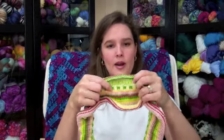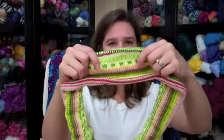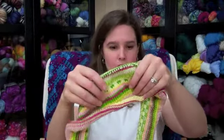And again, still loving it. You can kind of see a little bit of puckering with this row right here. I don't know if you'll be able to see it on the video, but there is a tiny bit of puckering. I'm hoping that once I stretch it and block it,